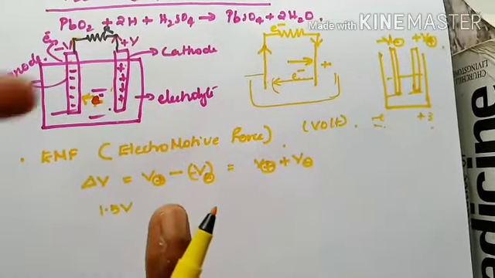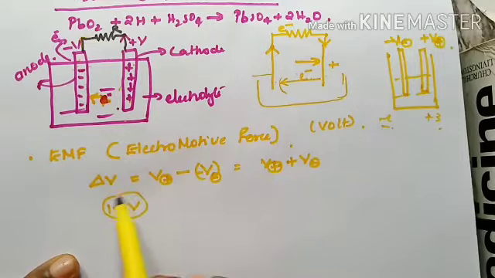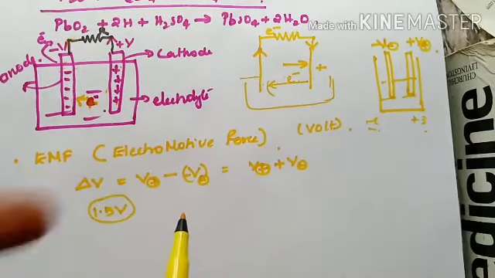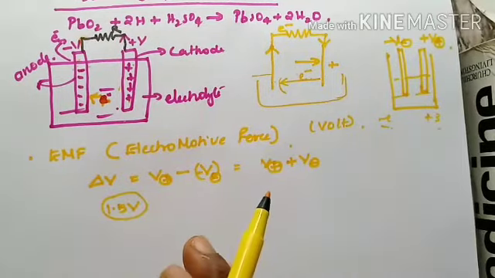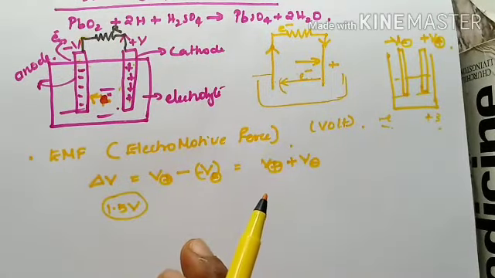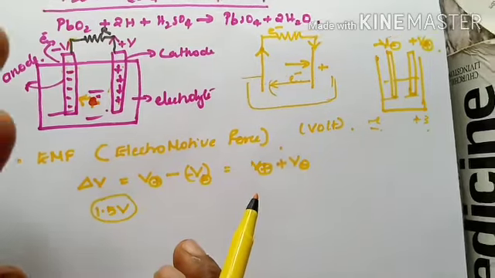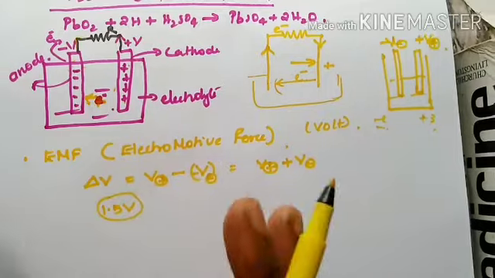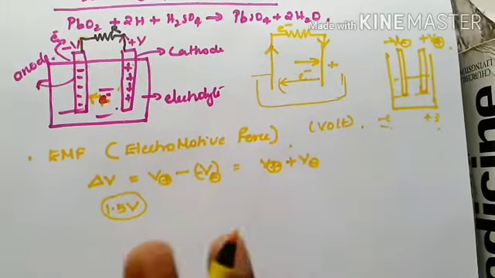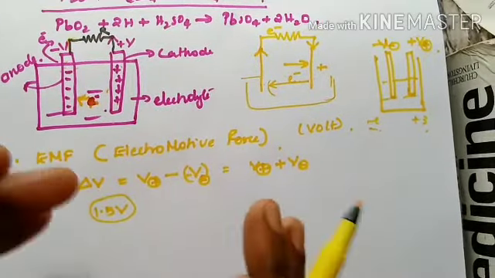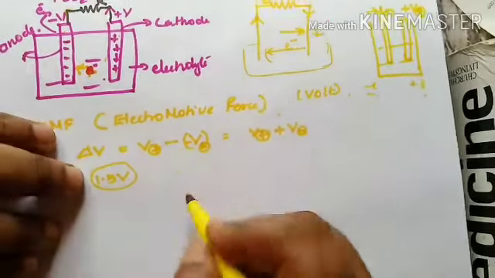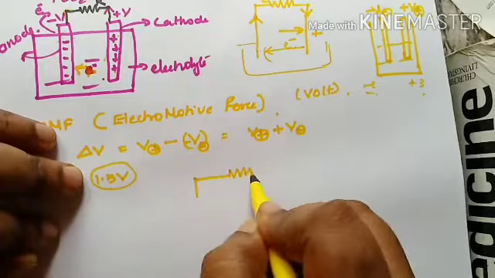I will explain that later. The 1.5 volt which you see on that cell is the EMF of the cell, because that battery has not yet been connected. So 1.5 volt which has been written on that battery is the EMF of the cell. Once I connect this battery to any circuit, say a resistor, the potential difference between the terminals starts decreasing. Let's see how.